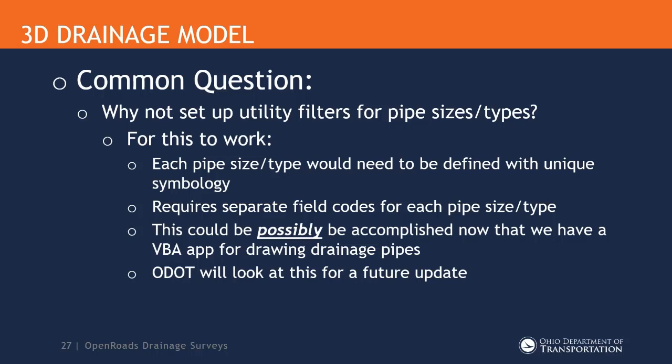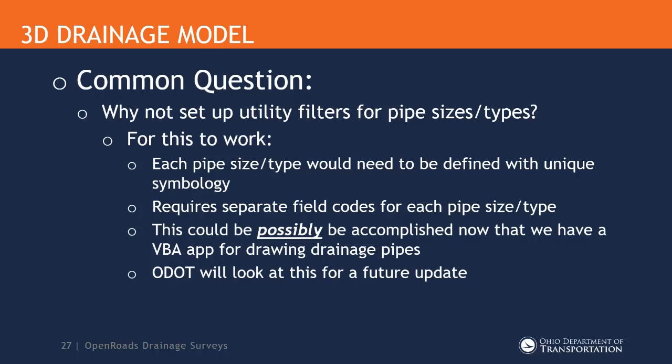Now that we're using a VBA to process those open pipes and culverts that are collected with the begin line, end line, we could possibly look at having the VBA draw those with maybe concrete is one color and a CMP is a different color, and a corrugated plastic pipe's a different color, and then filter to find them based on the color. So that's a possibility.